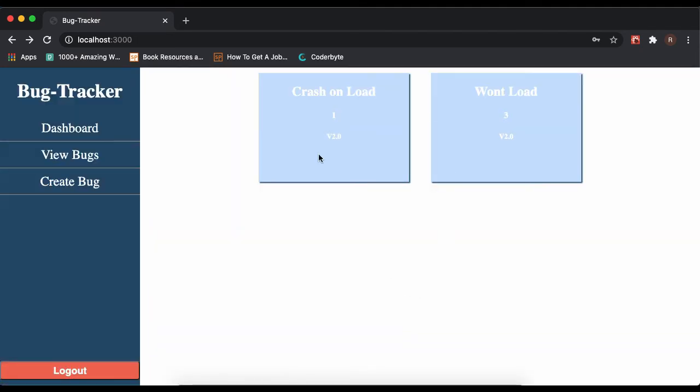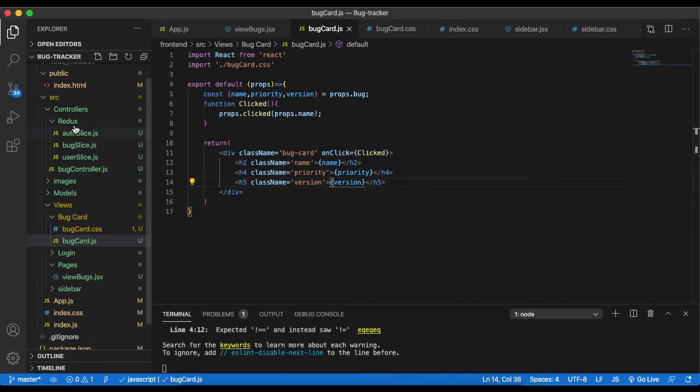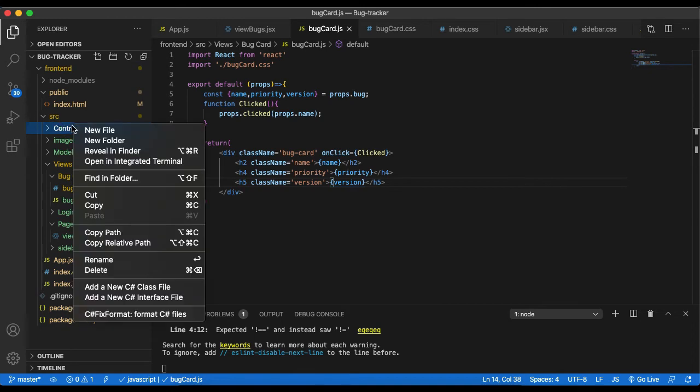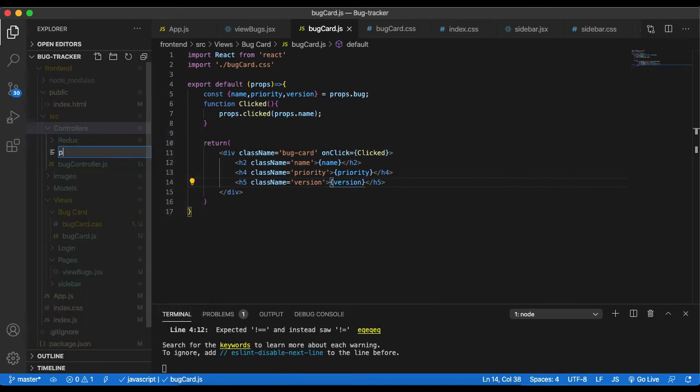So now that we've got this displaying the text, I will want these colors of the text to change depending on what priority it is. So high priority being red, low priority being green. So if we make a controller, and we'll call this priority controller.js,